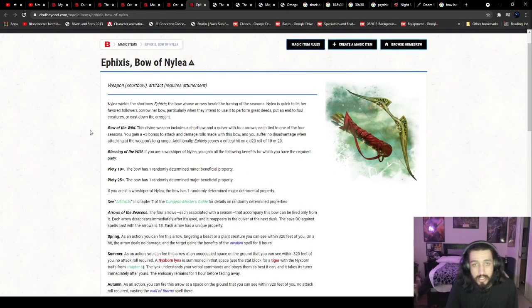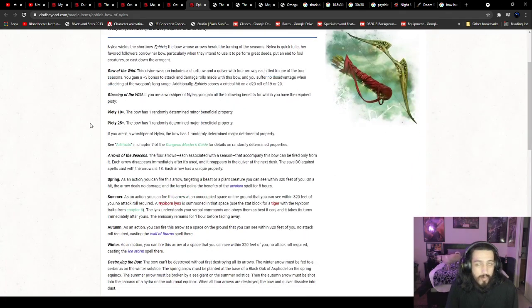This divine weapon includes a short bow and a quiver with 4 arrows, each tied to one of the 4 seasons. You gain a +3 bonus to attack and damage rolls made with this bow, and suffer no disadvantage when attacking at the weapon's long range. Additionally, it scores a crit on 19s or 20s. So this is a perfect example of a weapon that is an artifact. It's one of a kind. So whichever player gets this